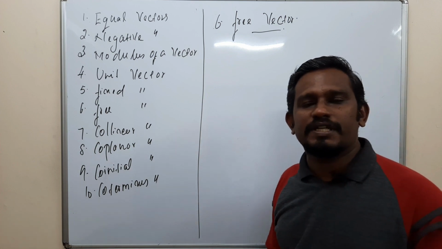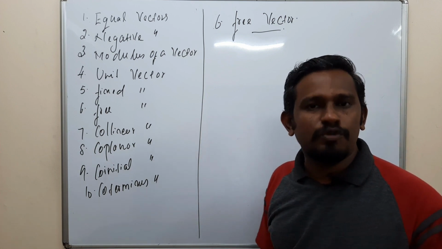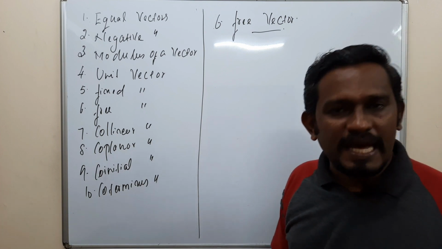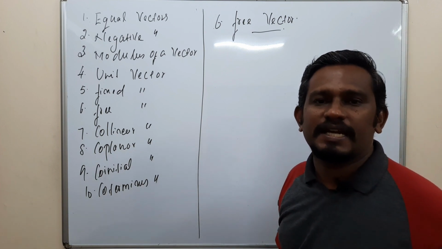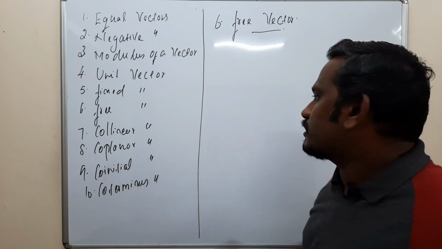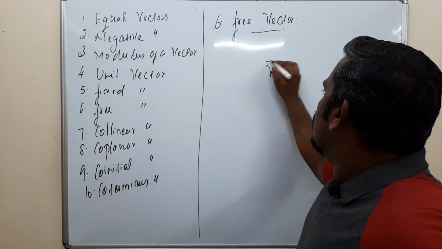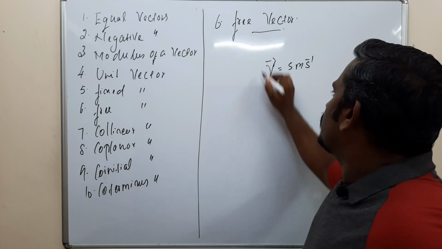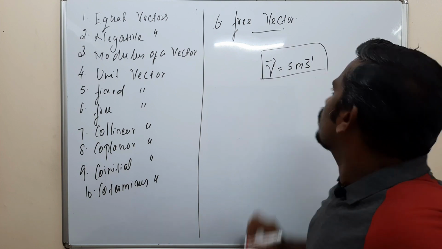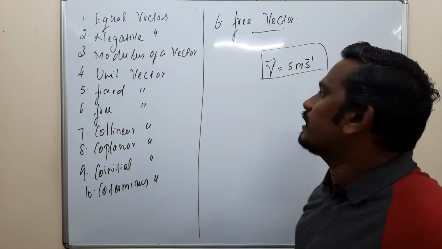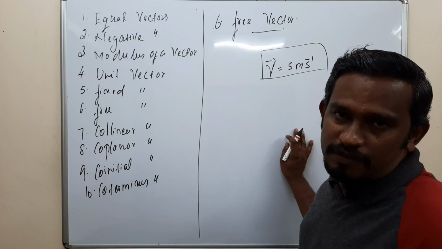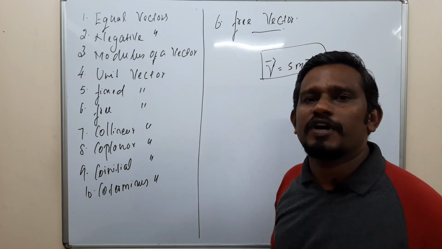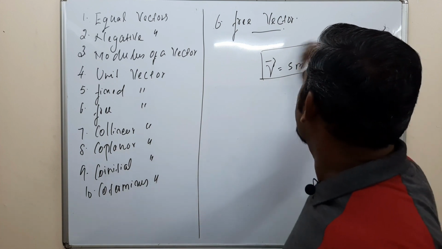For example, the velocity of an object moving in a straight line, or the acceleration of an object moving in a straight line, is a free vector. Say the velocity vector V is equal to 5 meters per second. It is not fixed, the object is moving, so such a vector is an example of a free vector. The velocity vector and acceleration vector are examples of free vectors. Then